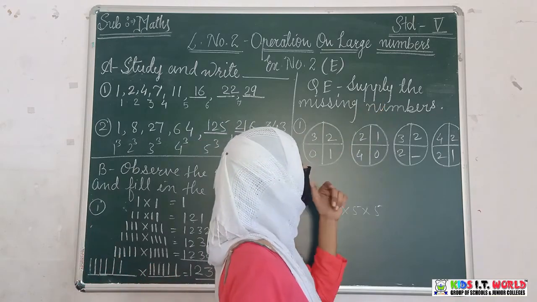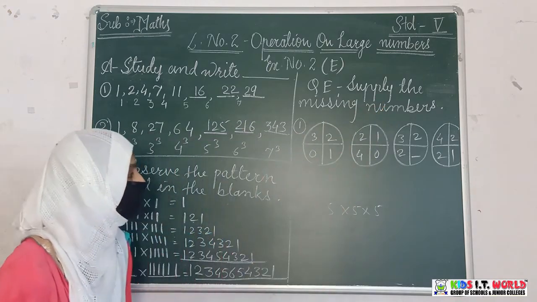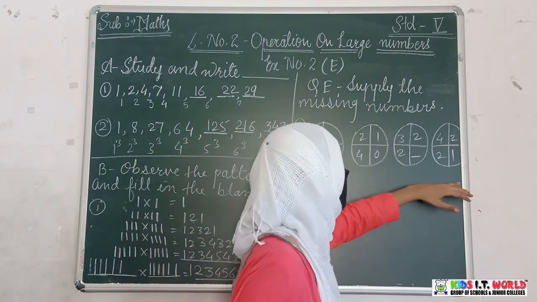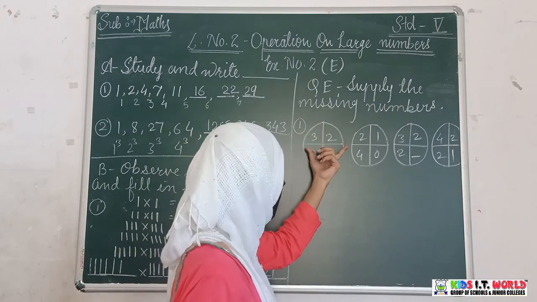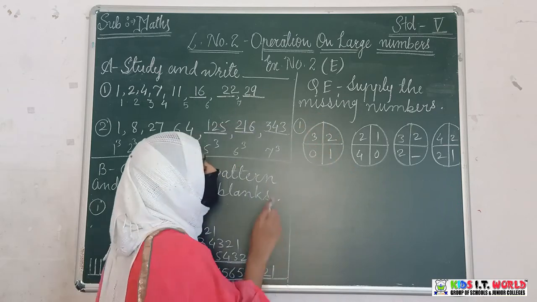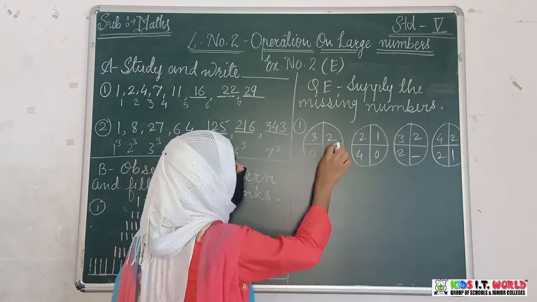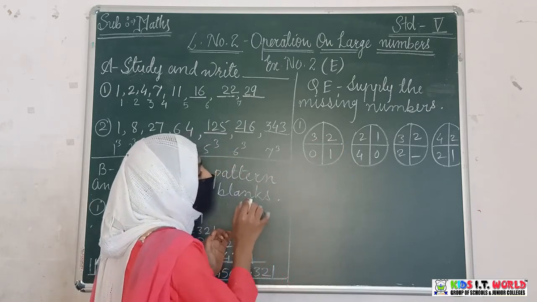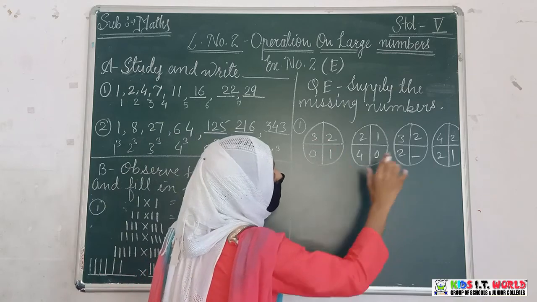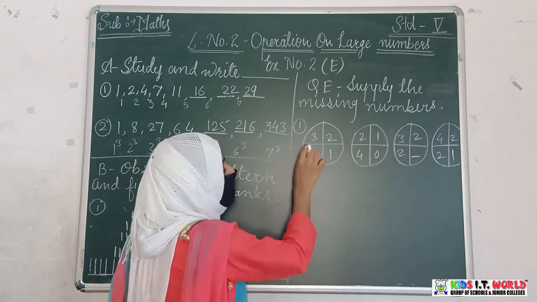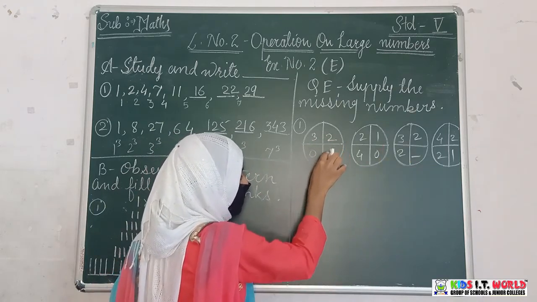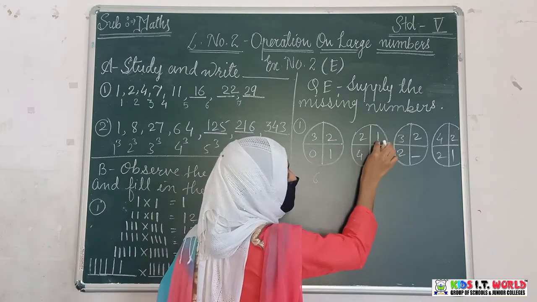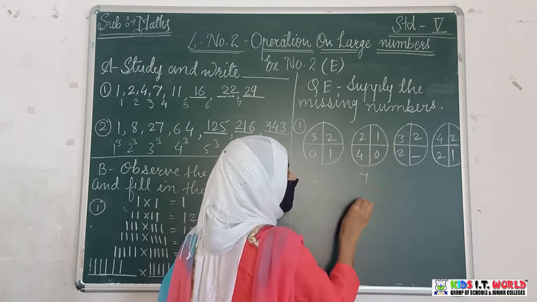Supply the missing numbers. Here observe the pattern and just see which number is missing here. Here 4 circles are given to you and they have cut that circle into 4 parts. See and observe it. Here the 4 numbers are given to you in different boxes. If we observe, the addition of that number is going in continuation. So here 3 plus 2, 5, 5 plus 1, 6, 6 plus 0, 6, 4 plus 2, 6, 6 plus 1, 7, 7 plus 0, 7.